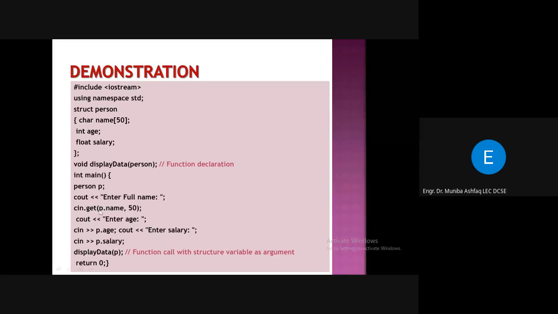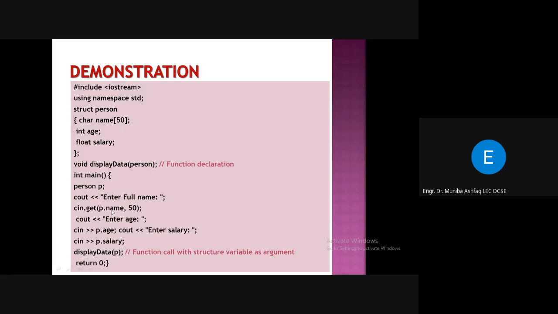I write this P and then the dot operator, I will access the name. So this name is actually bonded with this p, right? There is a link of this name with this corresponding p. So this object has its name now, p dot name, comma, how many characters? The limit is 50, right? Whatsoever the user enters will go to p dot name,